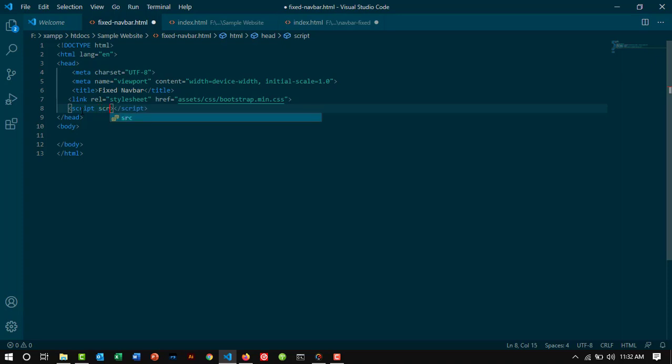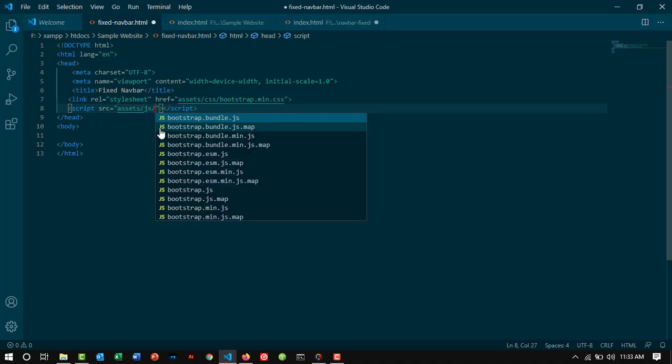So this will help me now to tell the program where the source is, or that is the JavaScript files, where are they located. So I can just come and have that, and I'm going to tell it that my JavaScript files are in a folder called assets. So I'm just going to come and write assets here, and the Visual Studio program will know that now in the assets folder we have the JavaScript folder. So I can just come and select that, and again I want to link to the